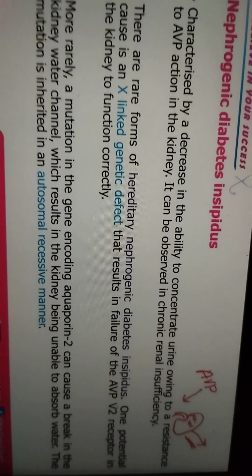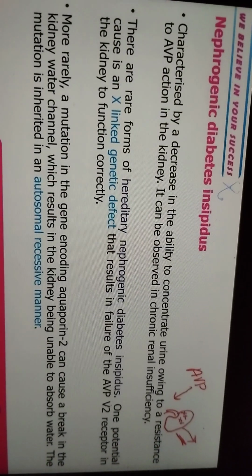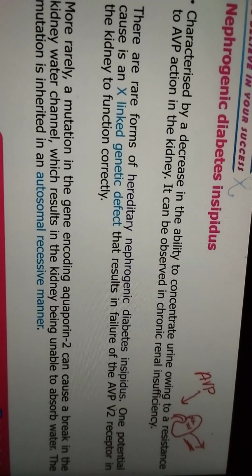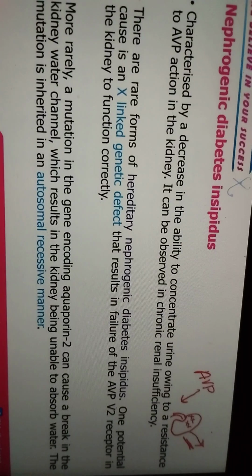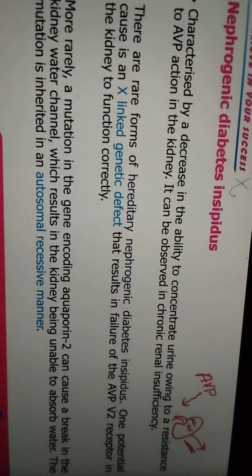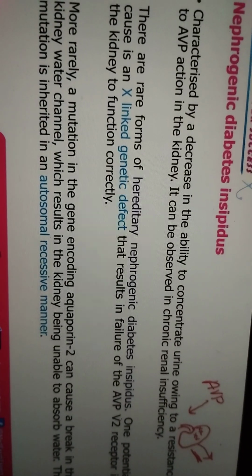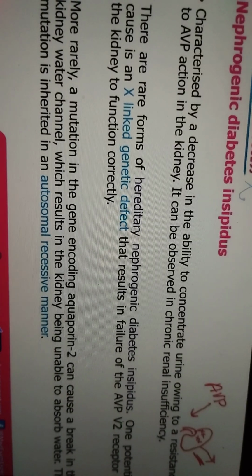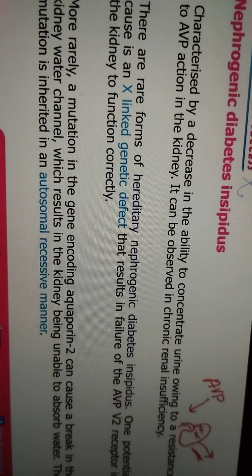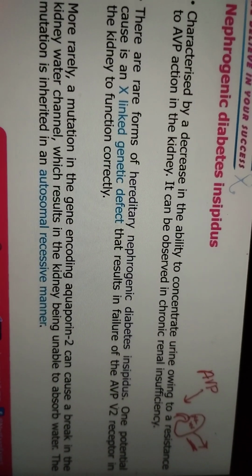And also there are two hereditary forms of nephrogenic diabetes insipidus. One of them is X-linked defect. And don't ask me what is X-linked defect now, because you are going to have all types of genetic defects, autosomal dominant, autosomal recessive, X-linked, all of that in the genetic session, but just know the name for now. One of them is X-linked, related to the inheritance on the X chromosome, I mean, and this